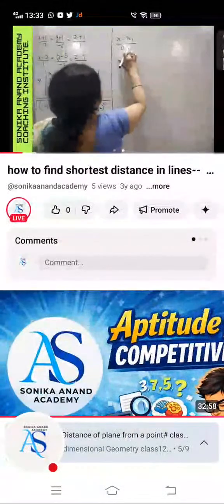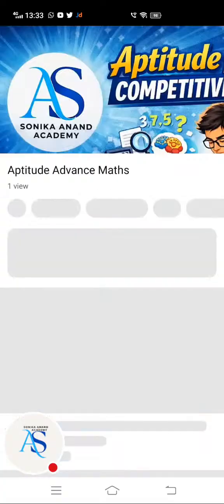Standard equation of Cartesian equation is (x minus x1) over a1, let it be a, (y minus y1) over